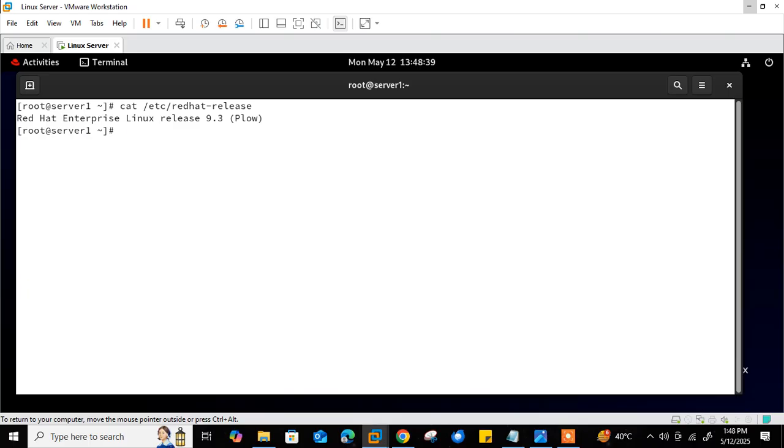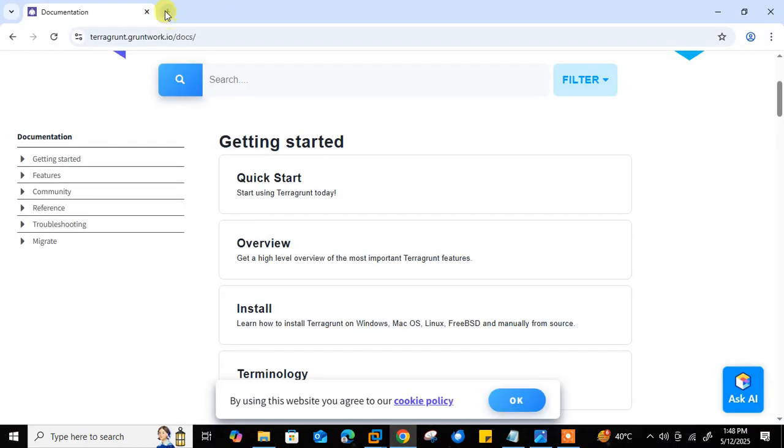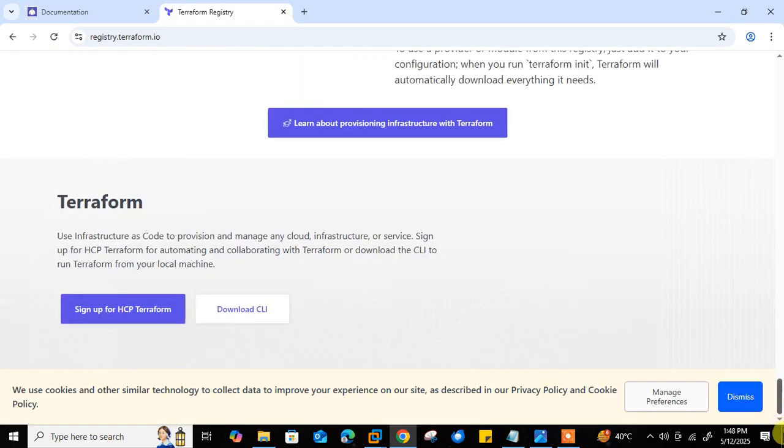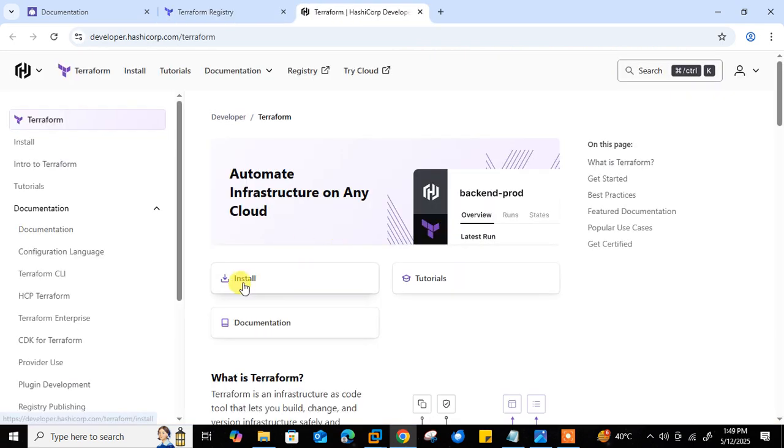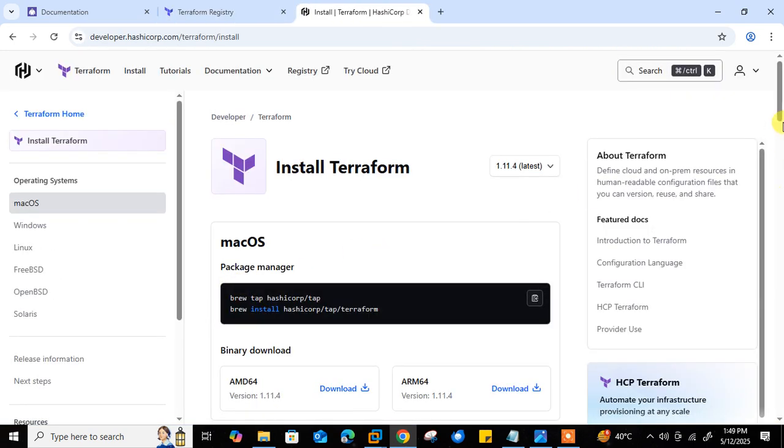Before we begin, ensure you have two tools available on your Linux box, which are Terraform and Terragrunt. So let's install both tools one by one. For installation of Terraform, let's go to the official documentation. I'll open a new tab and go to the Terraform registry. I'll go to the bottom, and from download CLI, click on the installation part and select your platform.